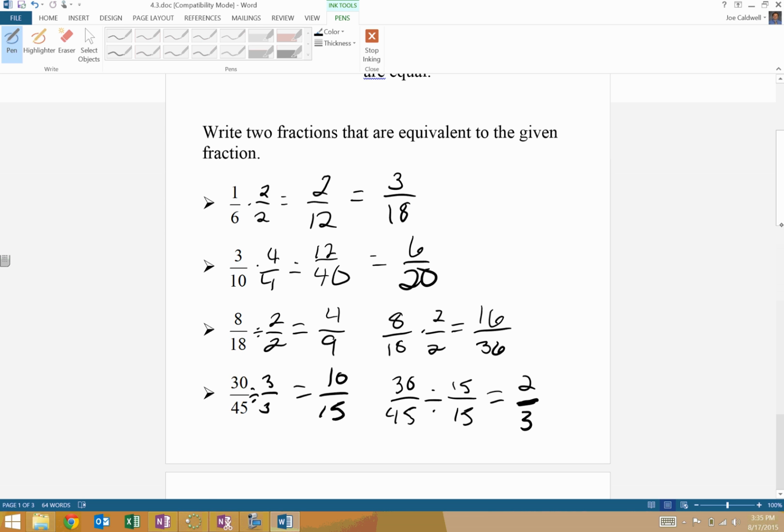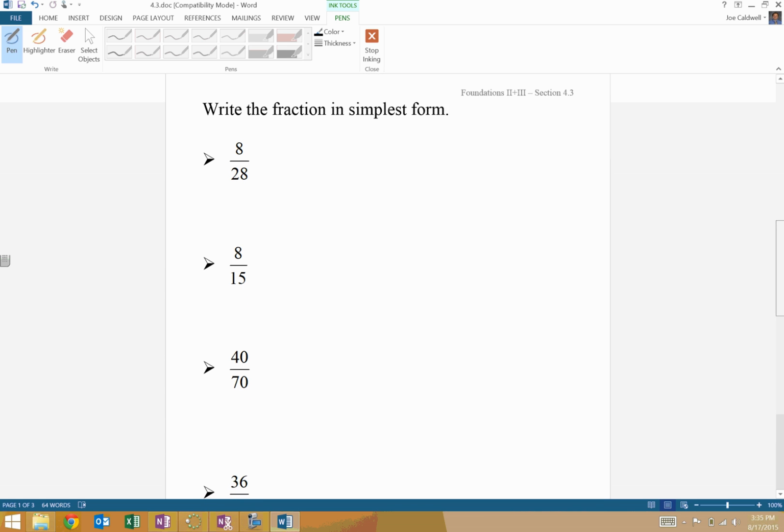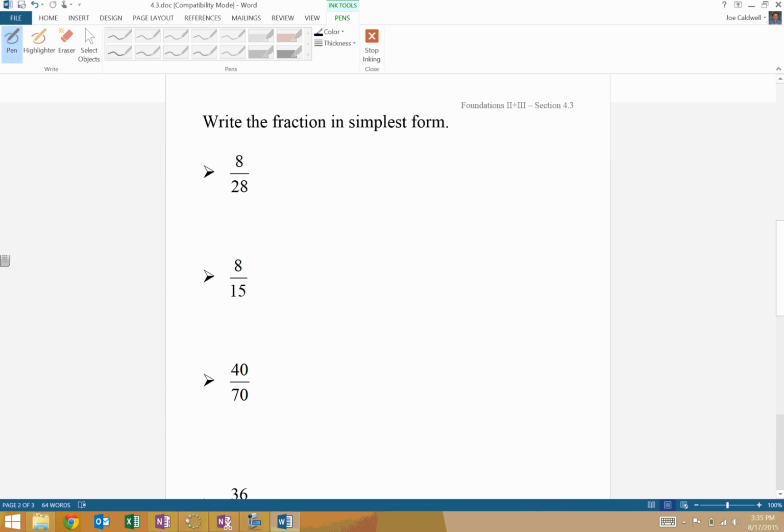Moving on here. So this is where we would need to reduce the fraction. Again, you can do it. It's not wrong to take multiple steps, but if you can think of the greatest common factor of both of these, or even figure it out, then you can do it all in one step. In this case, to find the simplest form, you basically divide both numbers, top and bottom, by the same number. 4 goes into 8